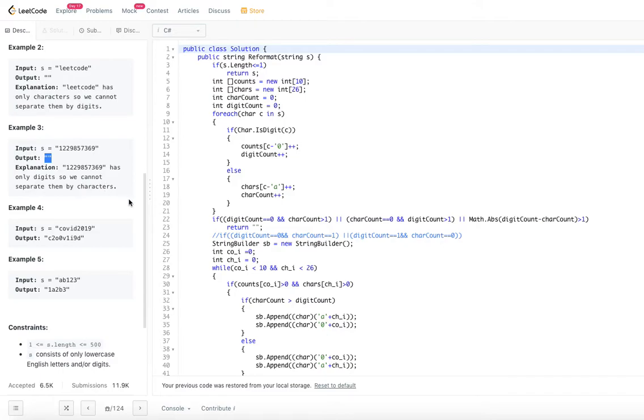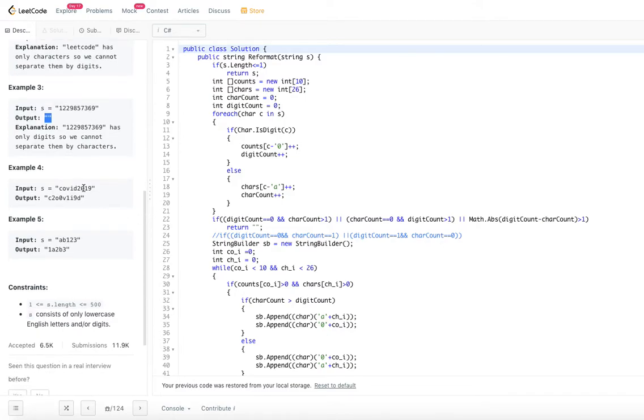For example, the 4th, covid2019. In this case, there are 5 letters and 4 digits. We can arrange it as one letter, one digit, one letter, one digit, and like that we can do it. That's one of the permutations.